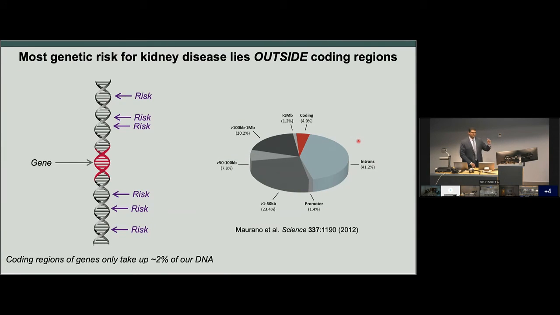Okay? So this is another important point I want the fellows to take away as well, that you can get a lot of information about genetics from these genome-wide association studies, but almost uniformly, the high-risk variants are outside protein coding regions. The notable exception, of course, in the kidney space is APOL1, which has coding variants in them. But this is an important point. So then how do these risk variants actually contribute to the disease that's being measured?